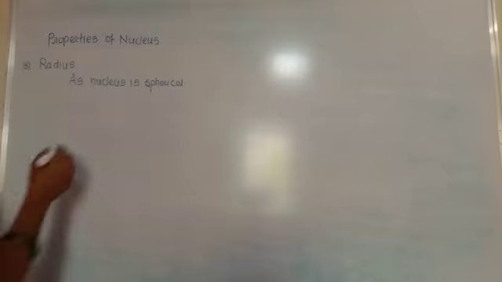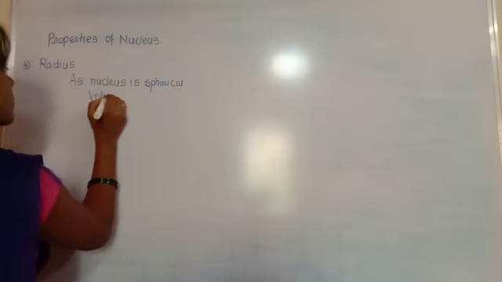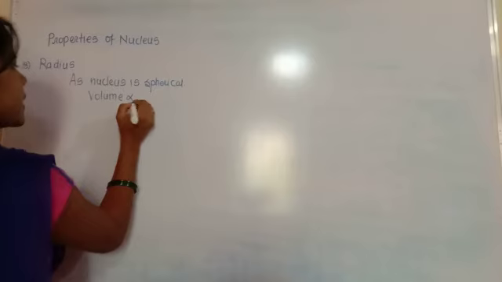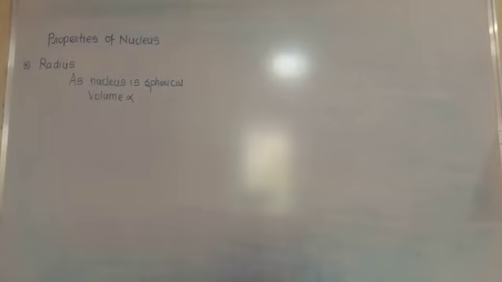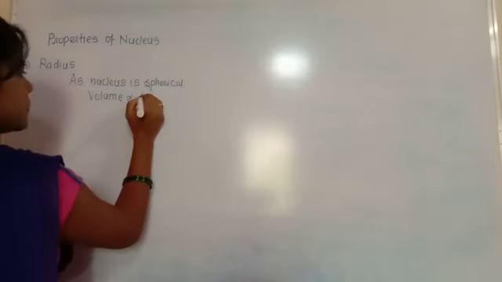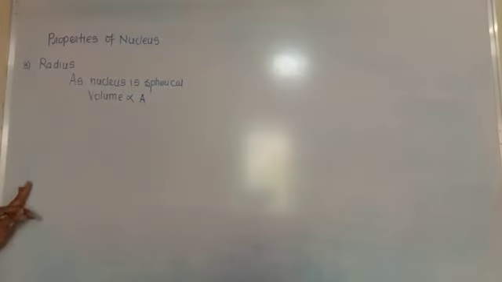we know that atoms are always spherical in nature, spherical in shape. Therefore, its volume is directly proportional to the number of nucleons. We know that the number of nucleons is nothing but A. A is the number of nucleons, meaning the mass of nucleus. It is nothing but the mass of protons and the mass of neutrons. So this is the mass of nucleons, or we can say its mass number.